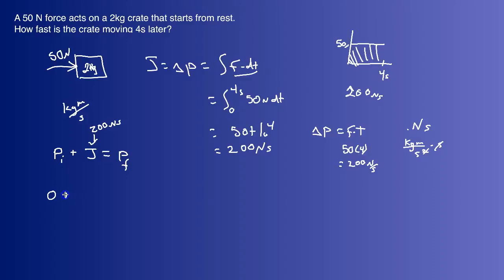So 0 plus 200 kilogram meters per second will be equal to our final momentum, our mass of 2 kilograms times our velocity v. Okay, so we can solve this, and we find the velocity is going to be 100 meters per second. Okay, and there you go. We used impulse to find change in momentum, and to